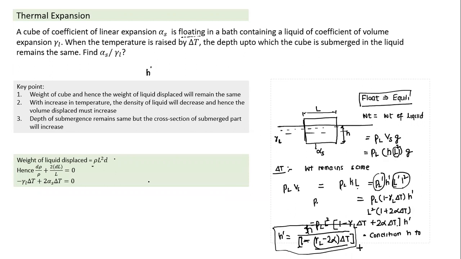This is one way I have explained, and this other way also we can write. Weight has to remain constant. If weight has to remain constant, its derivative also has to be equal to 0. So delta rho by rho plus 2 delta L by L. And what is delta rho by rho? It is equal to minus gamma into delta theta, and 2 alpha is for L. So this is another way, a slightly faster way. Do all of you understand this one? This can be used only in a specific case when the depth is not changing. If depth is going to change, it's better to use the earlier expression here.